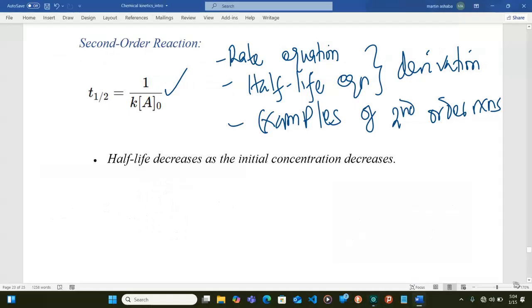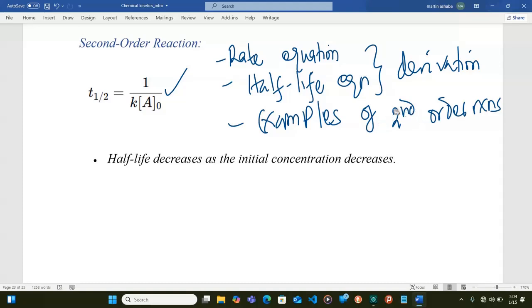So ladies and gentlemen, in here, we are looking at second order reactions, still in our series of chemical kinetics, that is advanced chemistry. So what we are going to do, we are going to be looking at the direct equation for second order, then we look at the half-life equation. All these are going to be derived in this discussion, and then later on we look at examples of